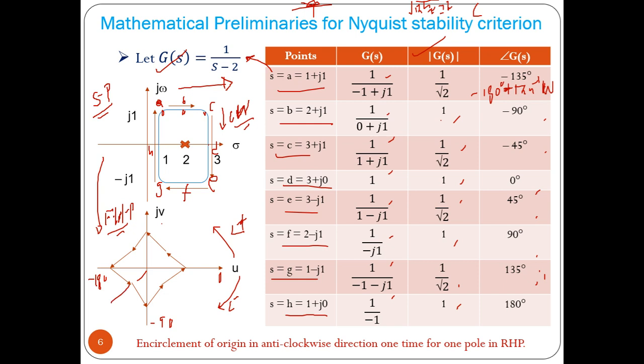Now this is the angle minus 135, so it will be A, then B with value minus 90 degree, this is your C, then D is 0 degree, E is plus 45 degree, plus 90 degree is F, G, then this is your H. What we can see is, if a pole in the right half plane of the S plane is enclosed by a clockwise closed path, then if you convert that into the corresponding FS plane, we can observe that the origin is now encircled one time in the anti-clockwise direction. The direction of the arrow is anti-clockwise.